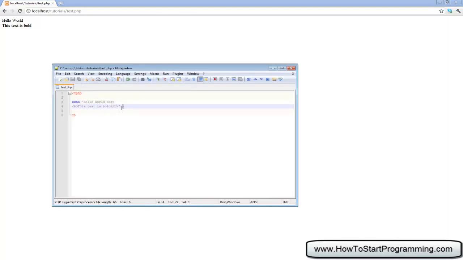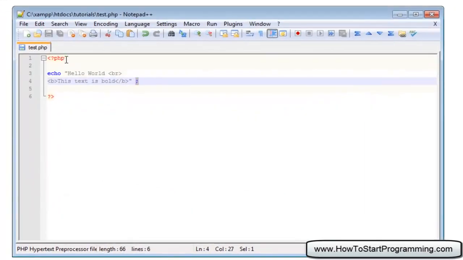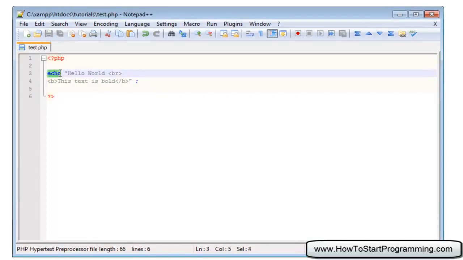Yeah, that's how to write your first PHP script. So in summary, all PHP scripts must start with this opening tag and end with this closing tag. The echo function can be used in double quotations or single quotations, but I will talk about that in a later tutorial, so anybody who's worried about that, I'll tell you about that in a further tutorial. But you can start it with double quotations and end it with double quotations, and it must end with a